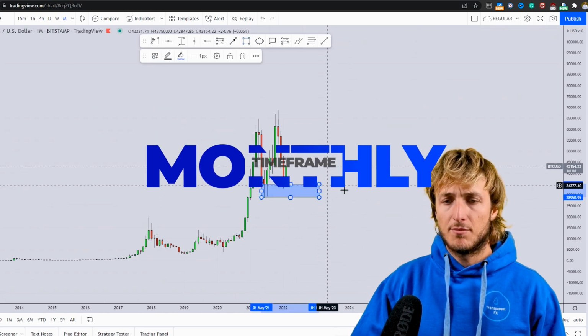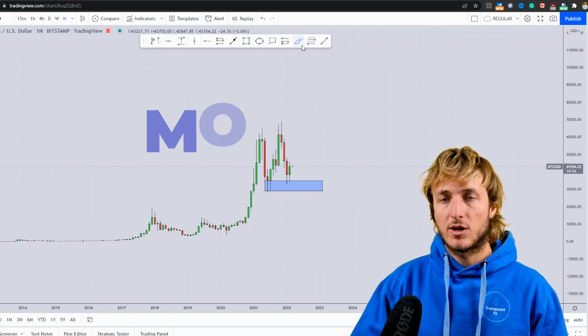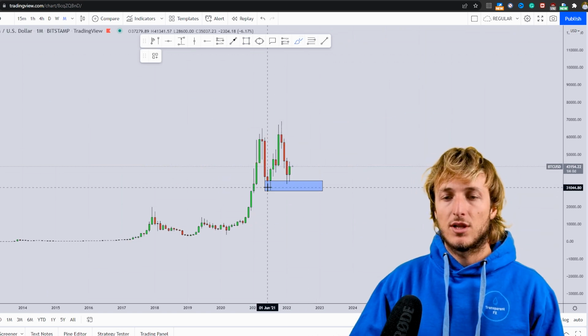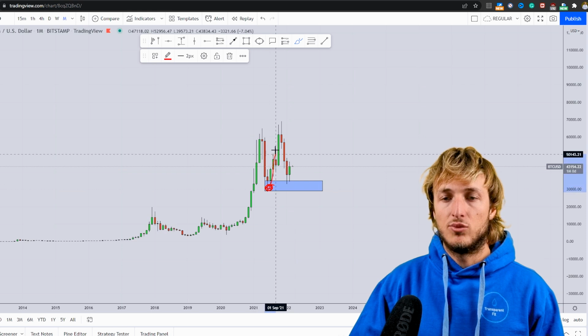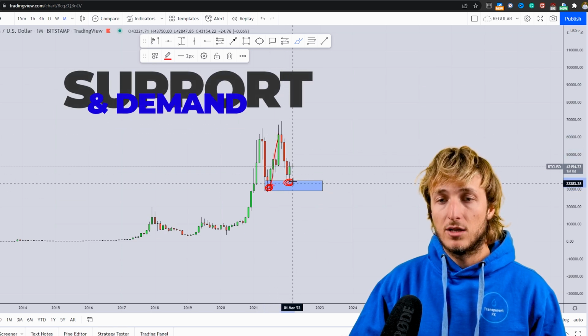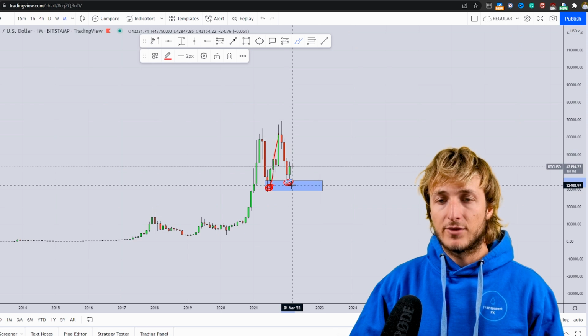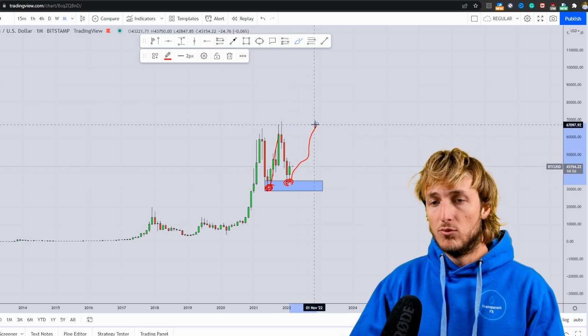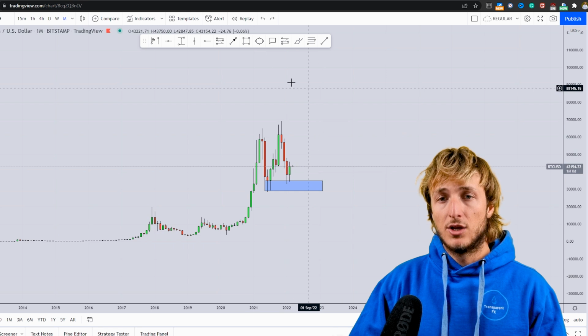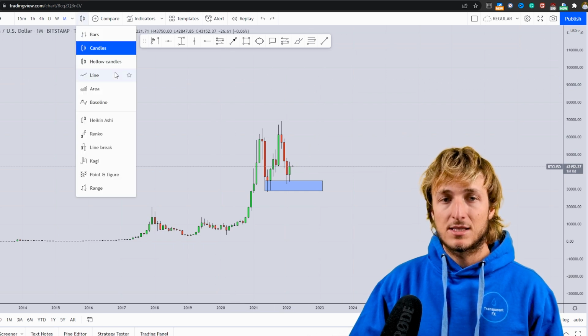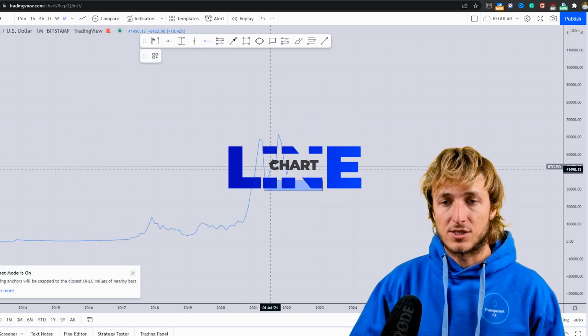Now, starting from the monthly time frame, what we can see is that the market has just tested a very strong level of previous monthly support and demand, which is now again here support and demand. And as we have tested this level, we do expect more continuation to the upside. The only thing that we must keep in mind is that at the moment we do have resistance at this